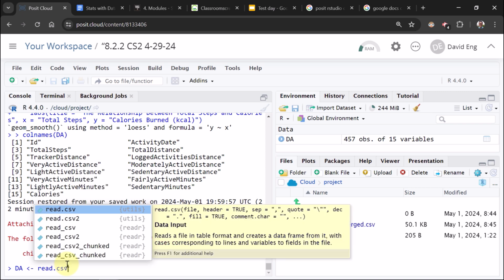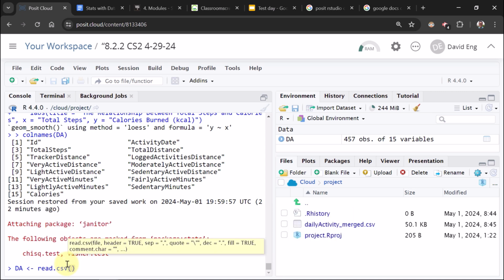Someone else last period also wrote CBS. They're like, how come my code's not working? I'm like, it's CSV file. And then quotations. Once you do one quotation, it'll open up. And then your capital letters, DailyActivity, no space, capital A, underscore merge, dot csv, lowercase.